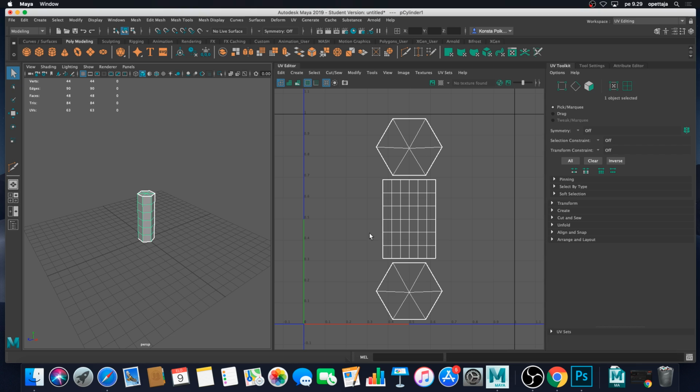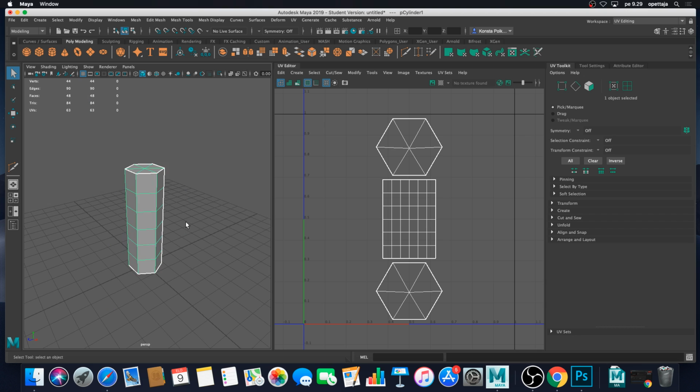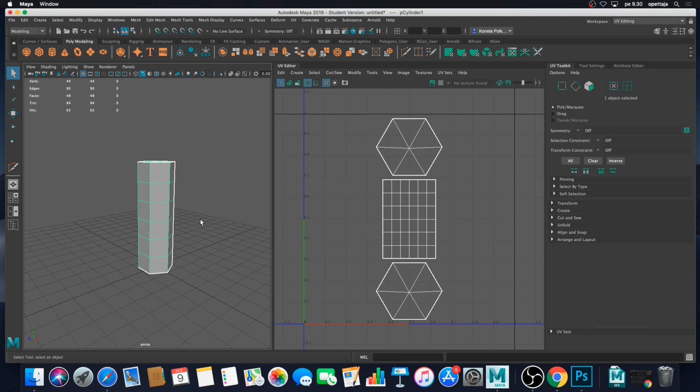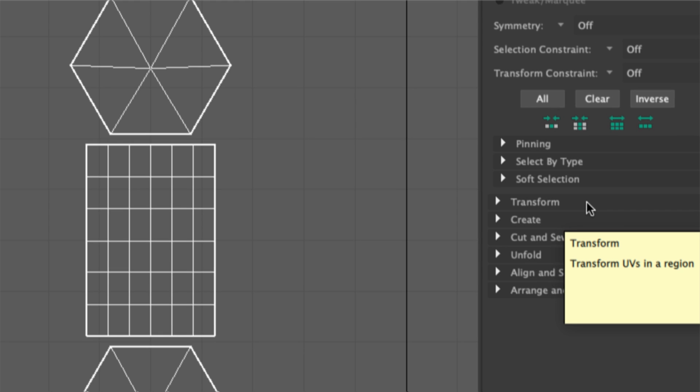And actually we have these default UVs here already, because we didn't modify or create any new geometry out of our cylinder, but it's good to do the roundup as well from the UV editing. So for the start, here on the UV toolkit, we are going to